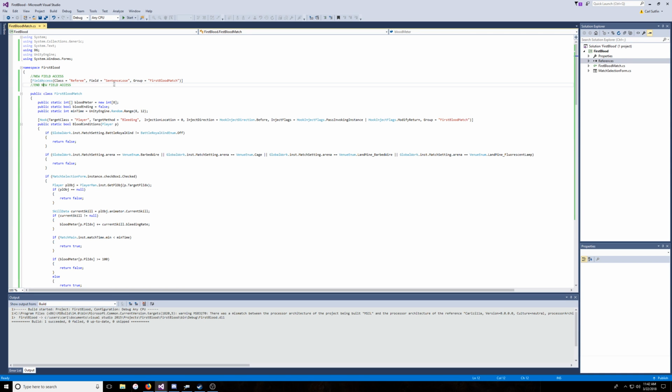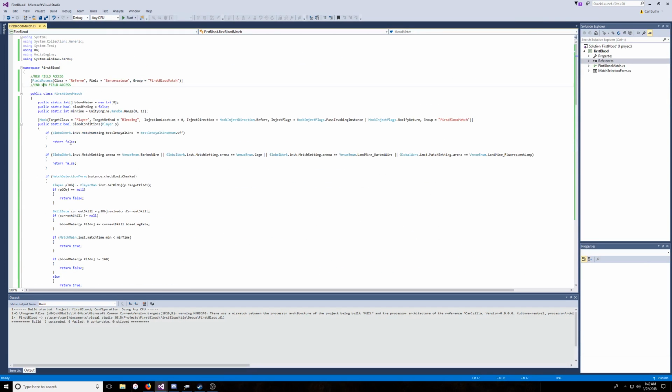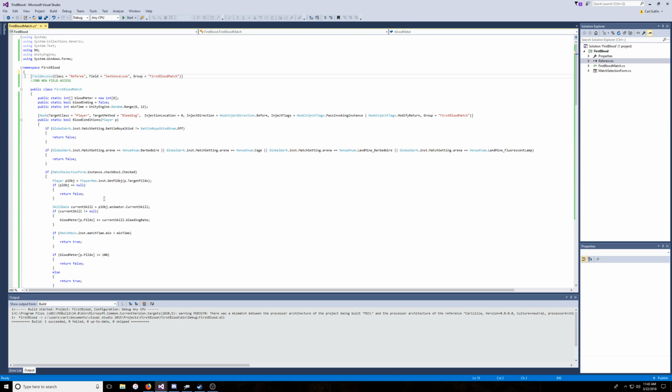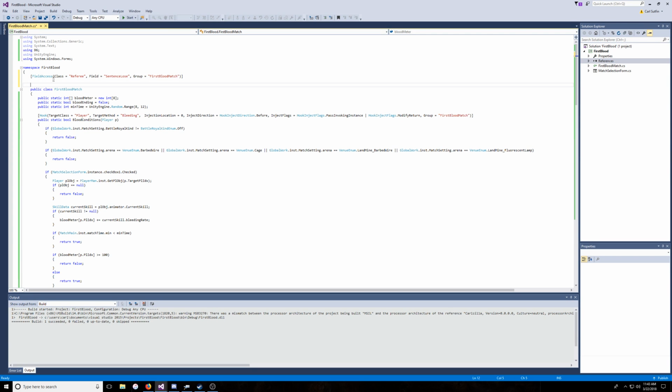I did not realize that the sentence lose method in the referee class is private. And so in order to use that in your project, you need to turn it public. To do that, you need to do a field access call. And to do a field access call, you just do this. It's the brackets. I'll type it out here. It makes it easier. Brackets, and then field access